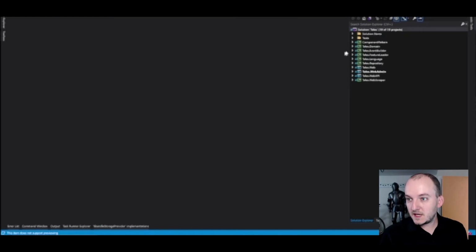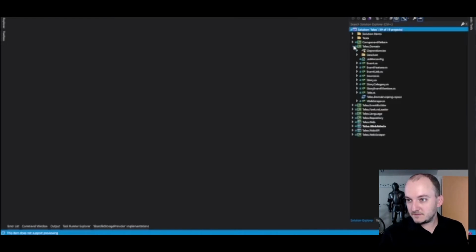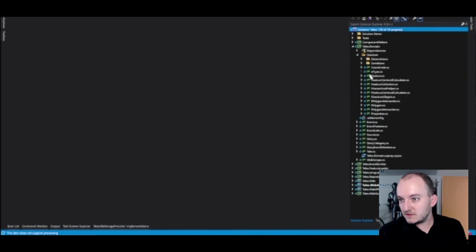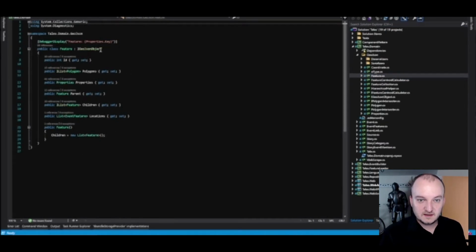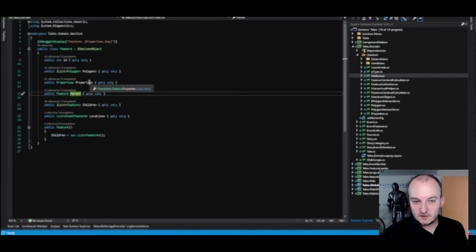Let's take a look at the modeling in the domain. So I have this project, Tails.Domain, which has all of the main entities for Tails. Then I have a folder for GeoJSON, which really should be renamed because it's not entirely JSON dependent, where we have the feature. That's the main guy that we are talking about, a feature that you have seen in here. And there are some similar looking properties here, not all directly the same, because some of these collections are used in business logic and not just in